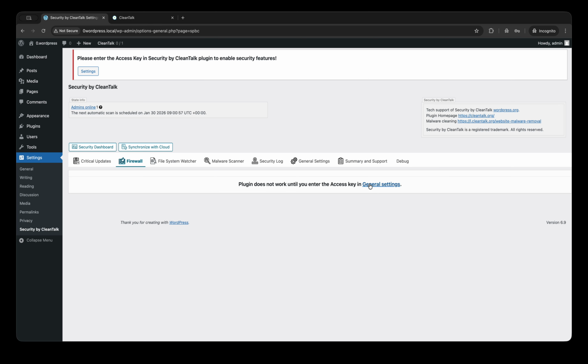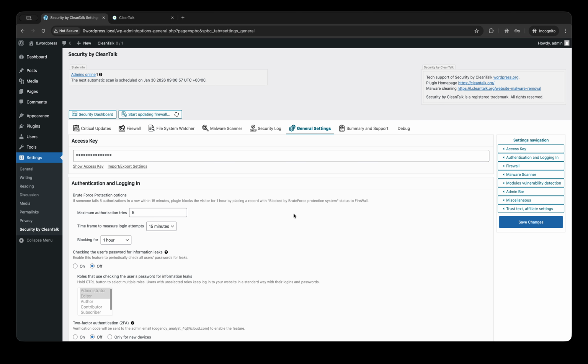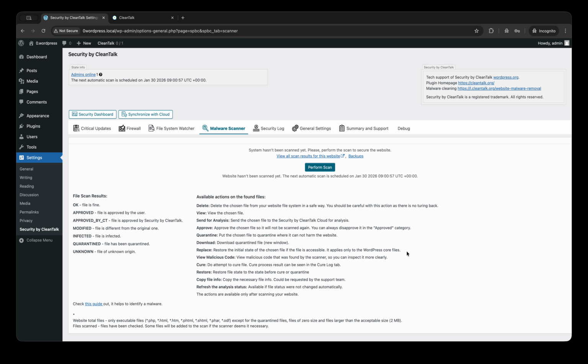activate, click general settings. In this step you can just click this button and get the key automatically, but you have this button too. Maybe in the next video I will show you how to use this one. Okay, just click this one and that's it. The plugin is ready to go, but I do recommend you click this tab and run the